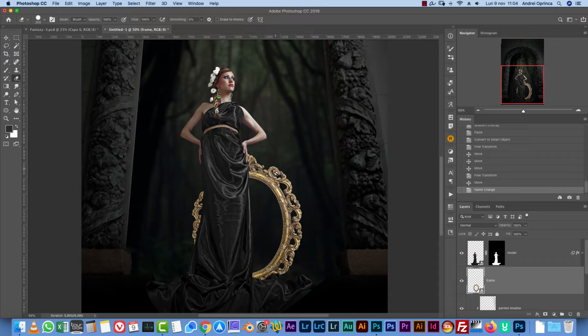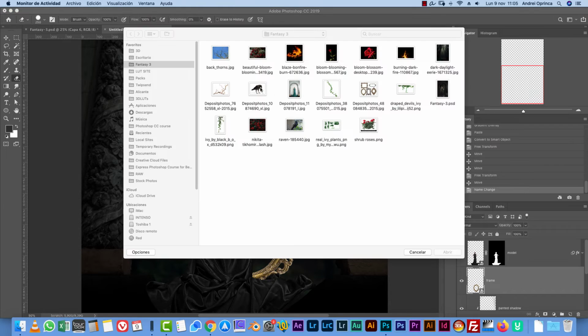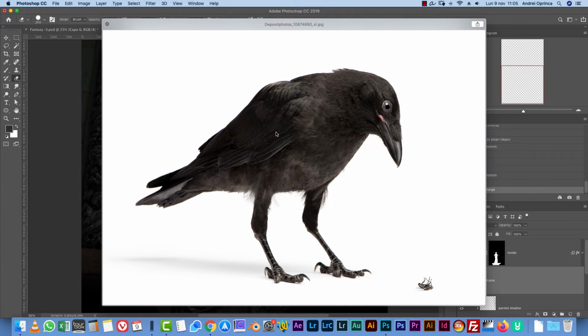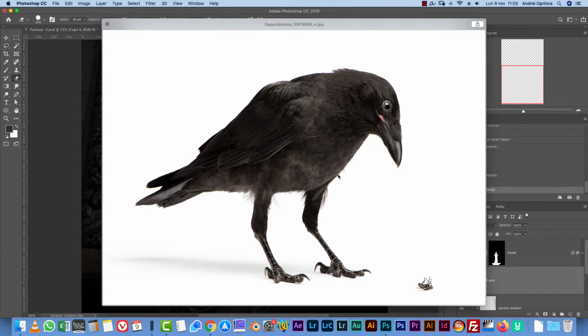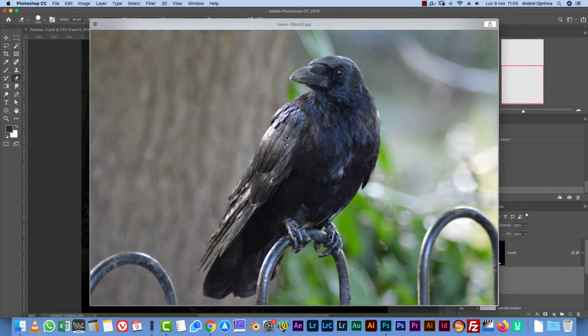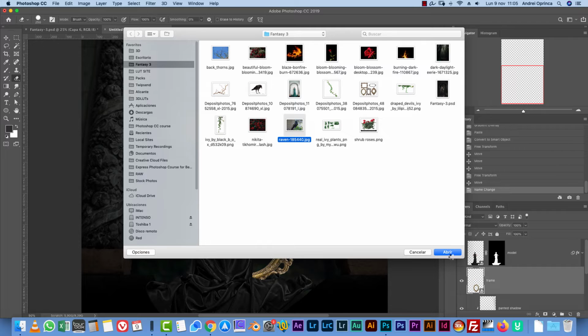Let's add that crow standing over there. So you'll have 2 of them. This is from Deposit Photos. This is for the premium members, but I don't really like the way the crow stands. So I use this one. I think it's from